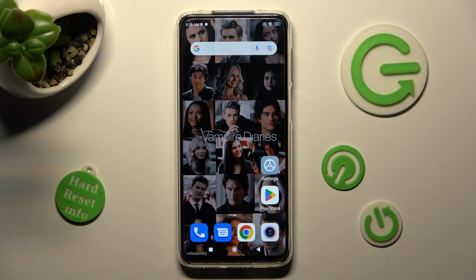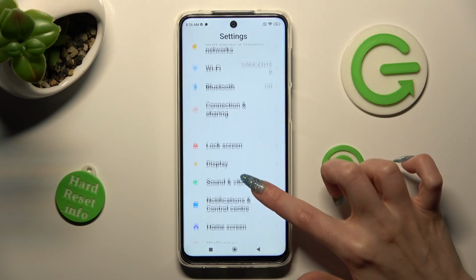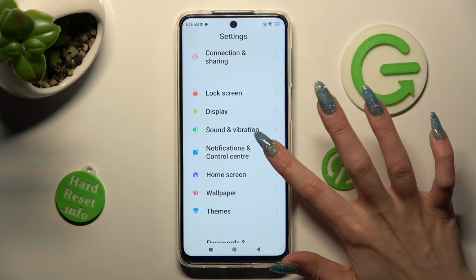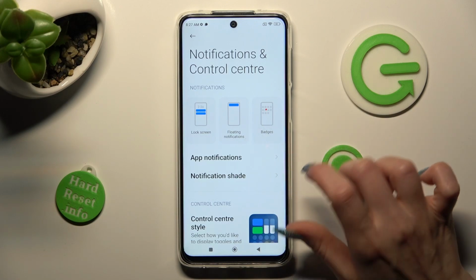Firstly, open Settings and scroll down right away. Then select Notifications and Control Center. After that, you need to tap on App Notifications,